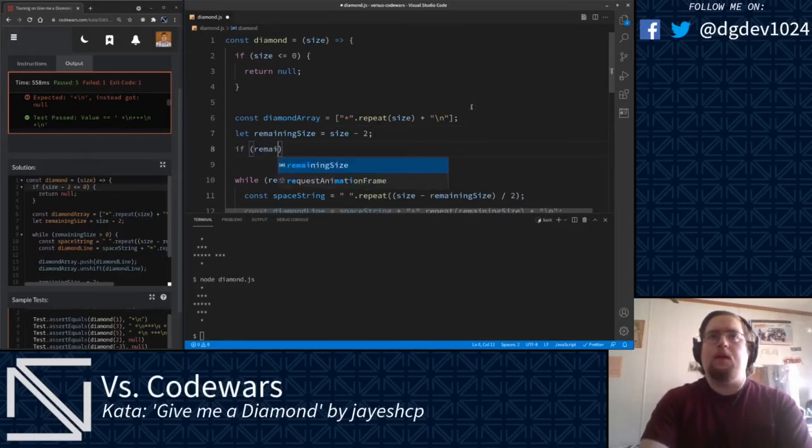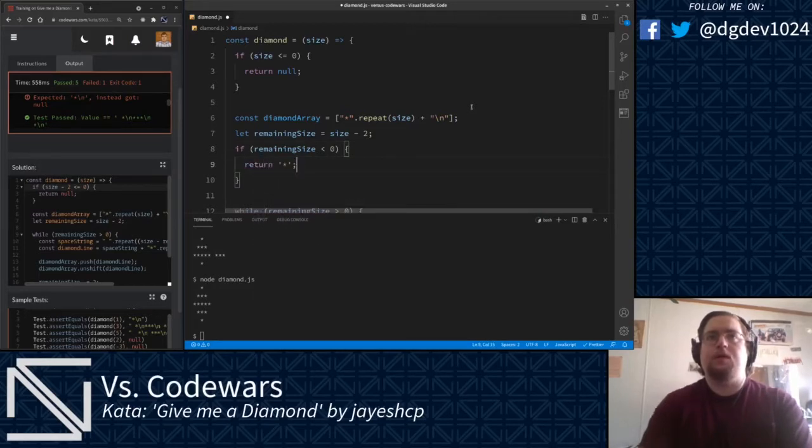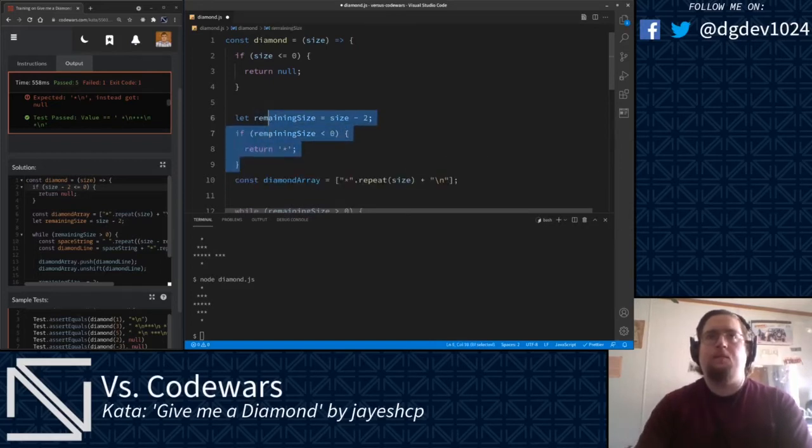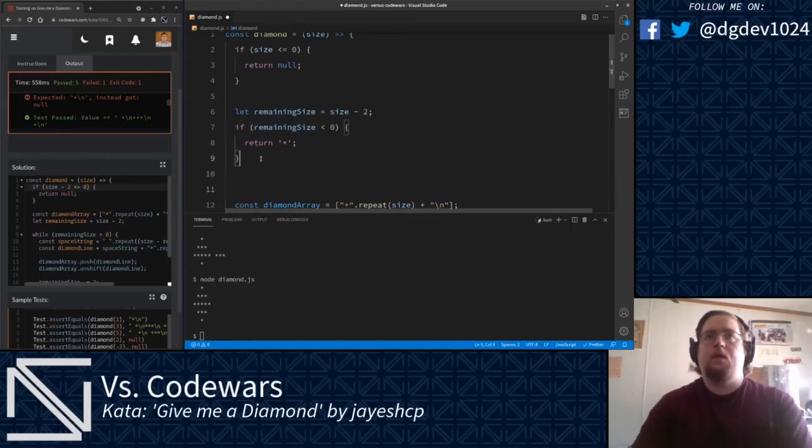If remaining size is less than 0, then we'll just go ahead and return a single asterisk. We're going to go ahead and move that upwards in the code here. Else, if remaining size is 0,